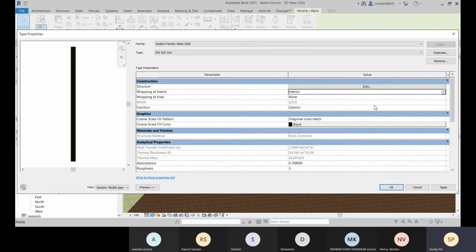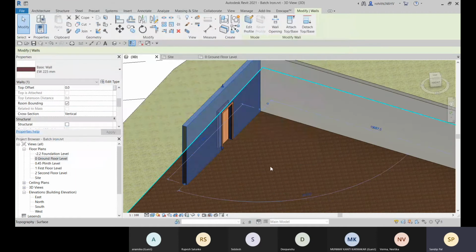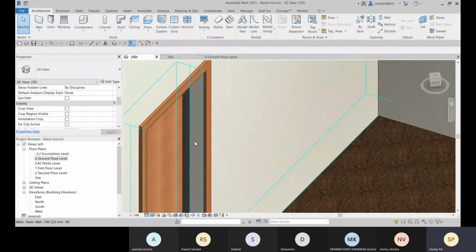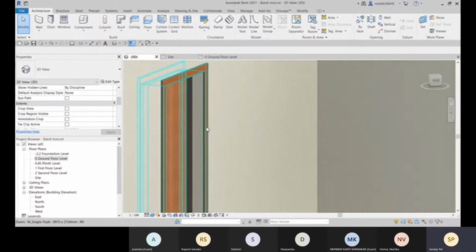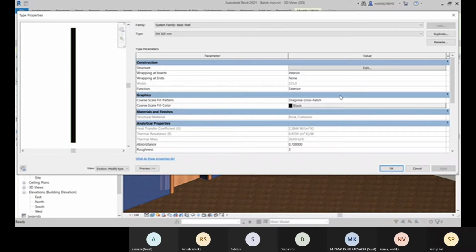So you can choose the interior. And now let me go to apply and click on OK. And now you can see that it's wrapped, right? The interior one is wrapped. And you can also go with both, so both will be wrapped.